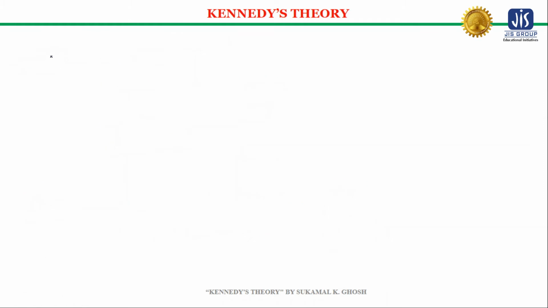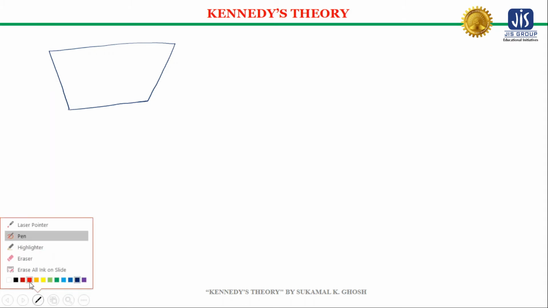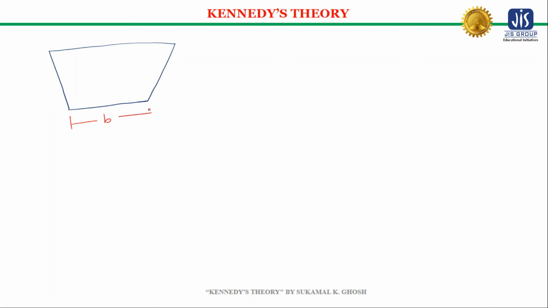So first we need to calculate the wetted perimeter. Let me draw the channel section so that we can calculate it. Now this is the channel section as we assumed in step 4. This is B, right? Now the side slope is 1 by 2 horizontal and 1 vertical, and the depth is y, and since the side slope is 1 by 2 horizontal and 1 vertical, this width is y by 2, this height is also y, and this width is y by 2.